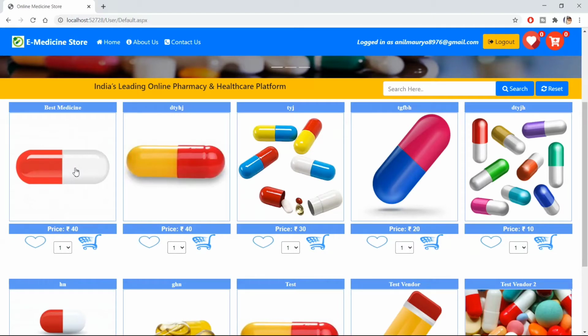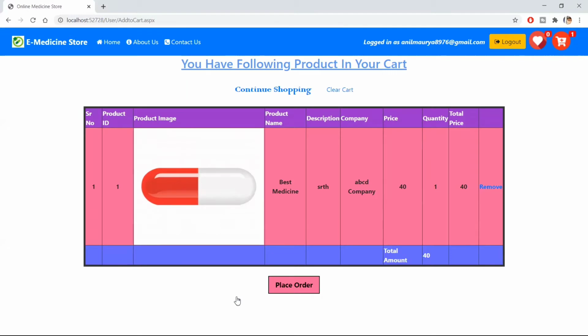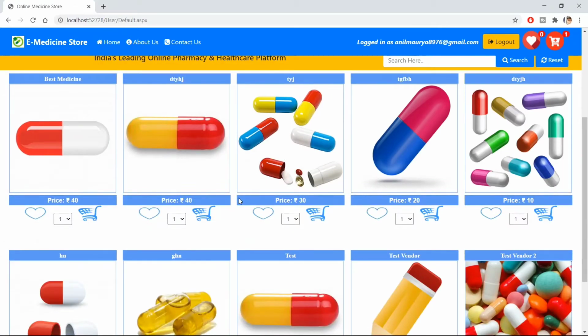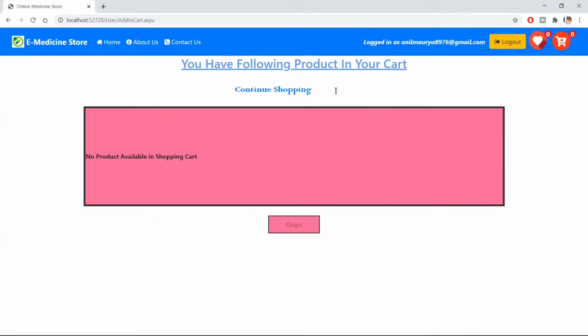User can click on this image. Here user can see the details of the product. From here he can add that product to the cart, but he should be logged in first. If he wants to add a new product in the cart, he can add from here. If you want to clear the cart, you can clear.